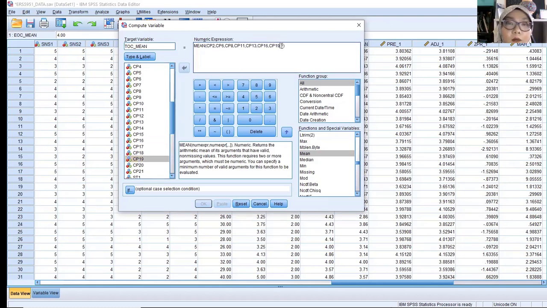So overall, there are 7 items: CP2, 6, 8, 11, 13, 16, and 19. Then after that, you click OK.